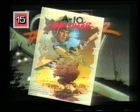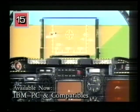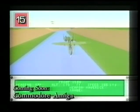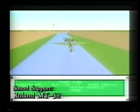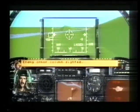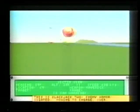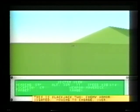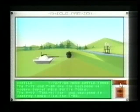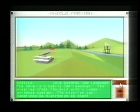A-10 Tank Killer. This combat simulation lets you take command of the most indestructible and devastating plane ever built, the A-10 Thunderbolt II. The action is down and dirty as you fly low through smoke-filled battlefields, ripping apart enemy tanks with your 30mm cannon. A-10 Tank Killer features 7 different missions, over 20 enemy vehicles and targets, all in full